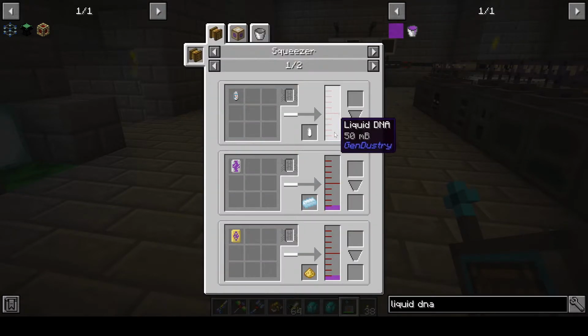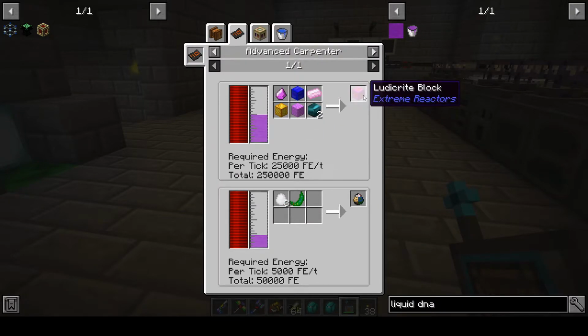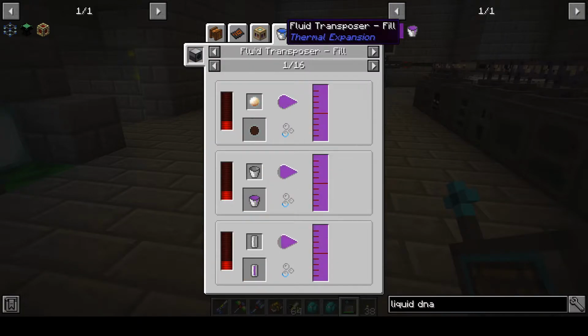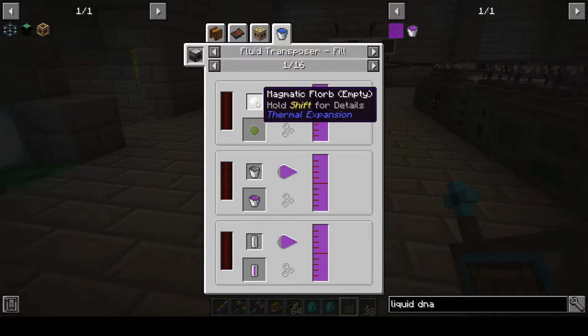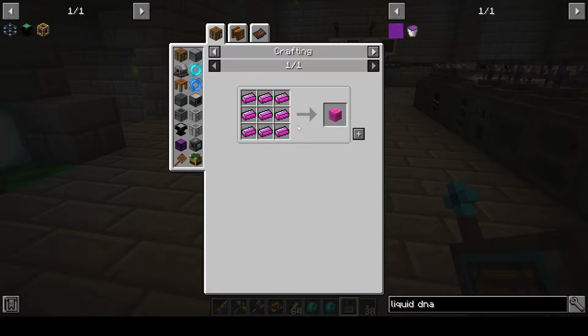Let's see, uses. This is basically what we're worried about here, is just making Ludicrite blocks. Really, for the advanced carpenter, that's it. I don't think we're going to need to get into butterflies, so I'm not sure we're going to worry about that. I don't know what the hell florb is, but hopefully we don't need to make any genetically modified magmatic florb or whatever that is. So basically we just want to make sure that we can make all the Ludicrite we might need. And if we look at that and uses for this,